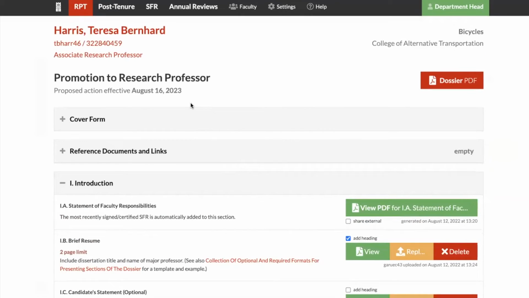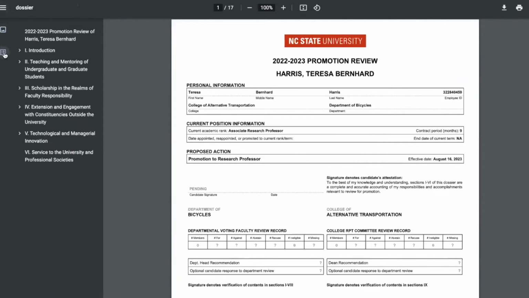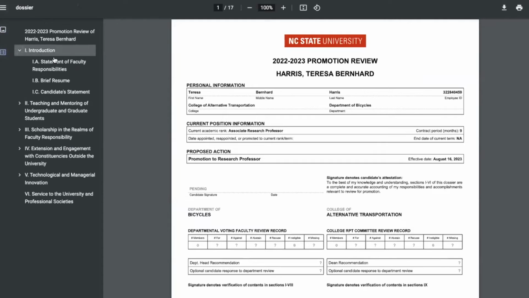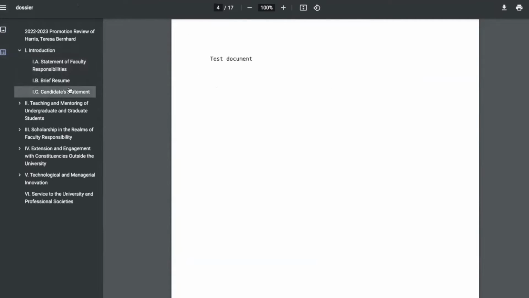Okay, and so lastly, the last feature that I wanted to do, which is new, is the PDF outline. If you're looking at the main dossier PDF, you'll notice in Chrome and some browsers, Firefox might have this as well, there is a section here to look at the images or to look at the outline. And so now we have this tree structure where you're able to select the different sections of the dossier, and it should jump to each page